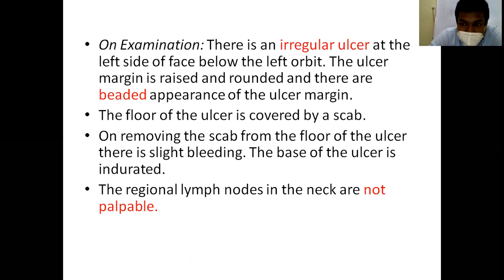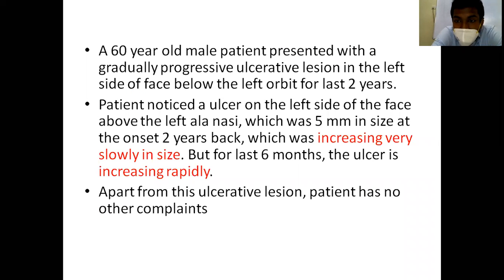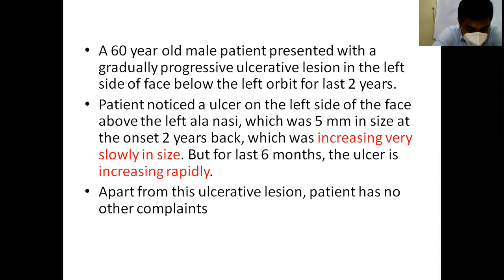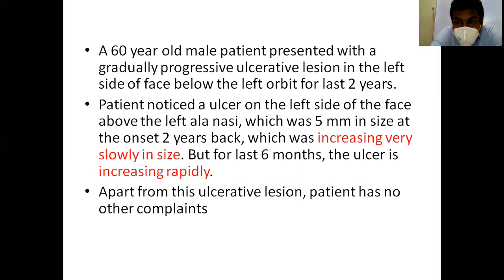So, going back to history, what are the points that can help you in making a diagnosis? You could send in your answers now. What are the points that are helpful in getting at a diagnosis? Okay, age,